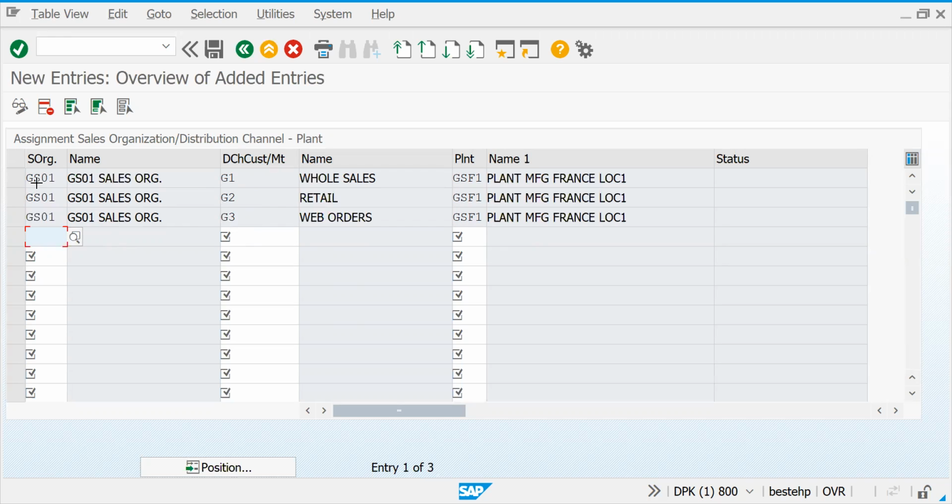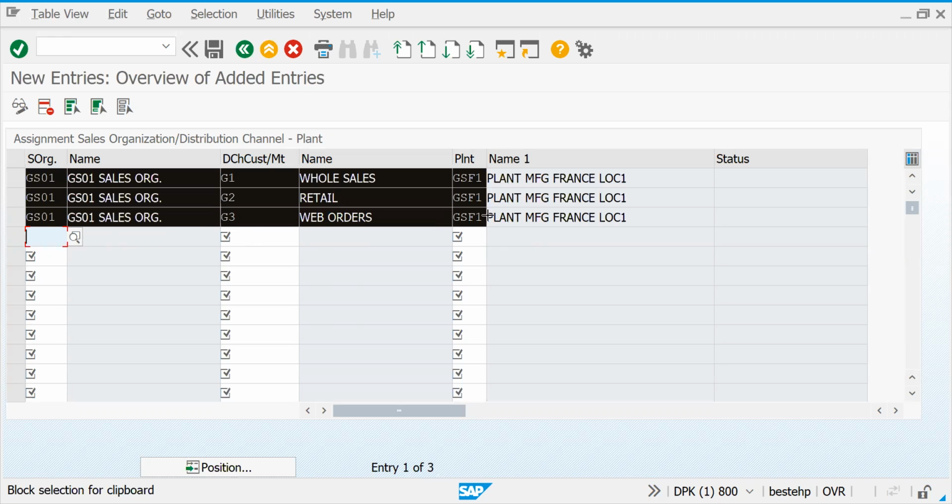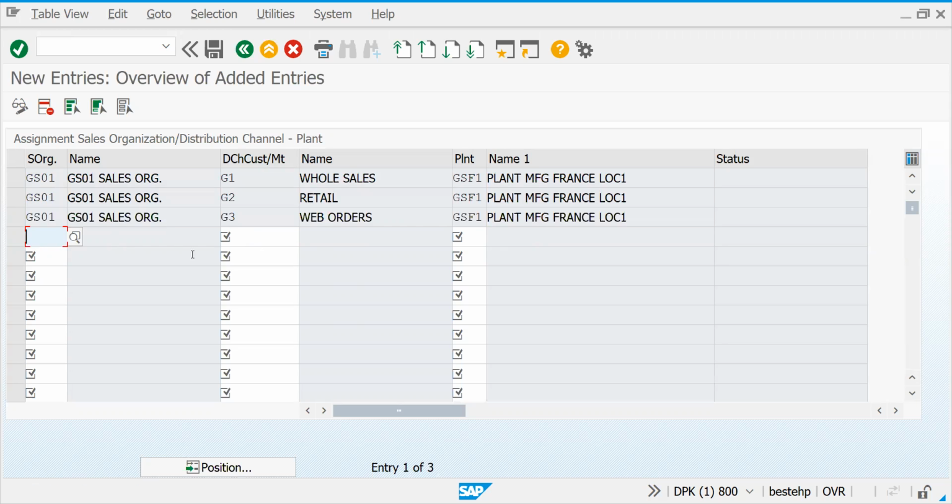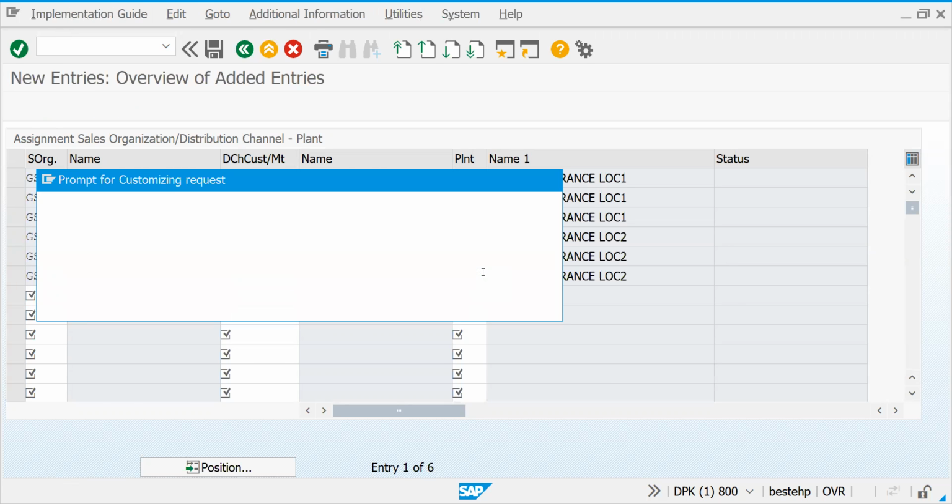In the similar way, I have two plants which are located in France for the same sales organization, GSF2. For your distribution chain, as many as you want, you can extend it.